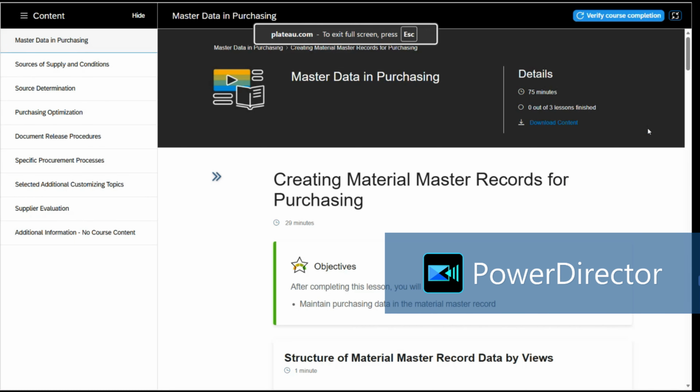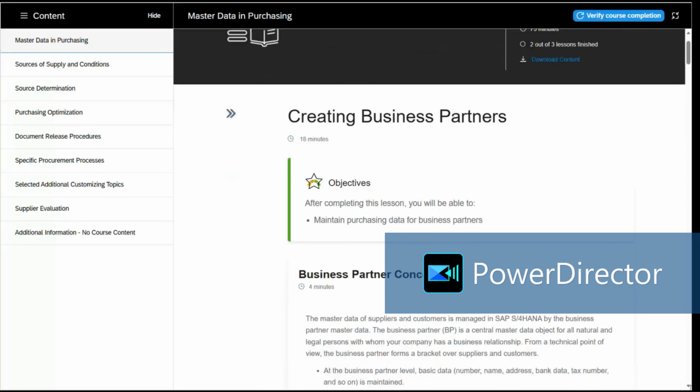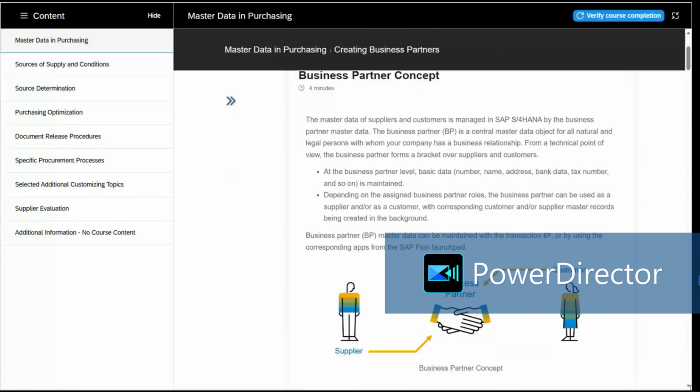We're discussing the vendor master, the business partner. Okay. So as we discussed, business partner, as per the concept in SAP S4HANA, we have BP as a